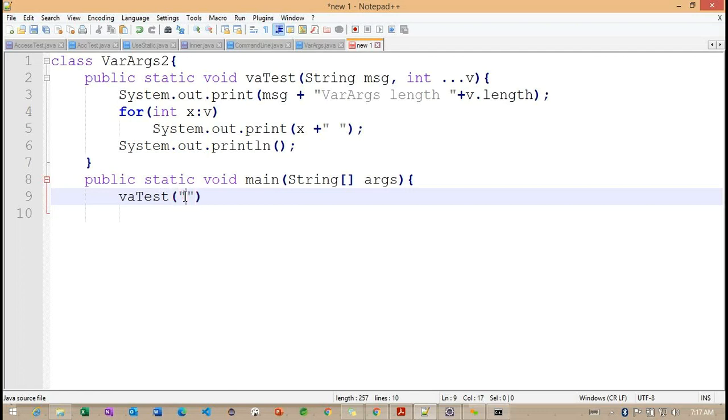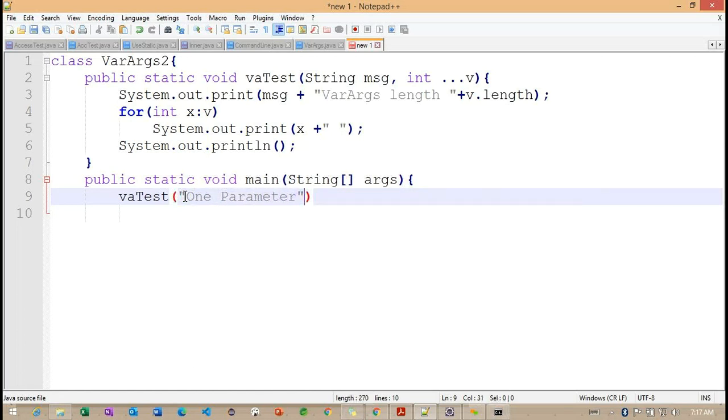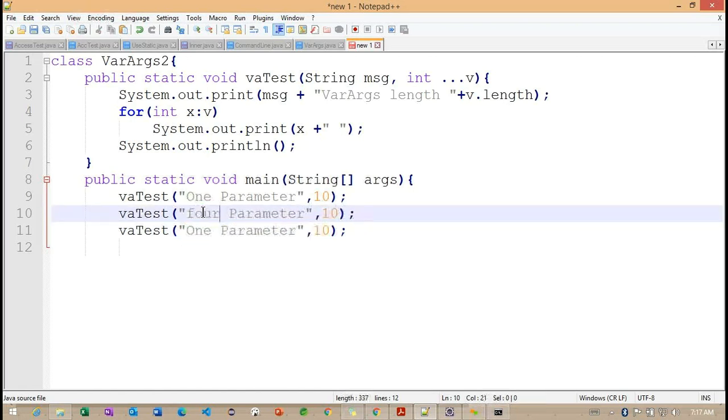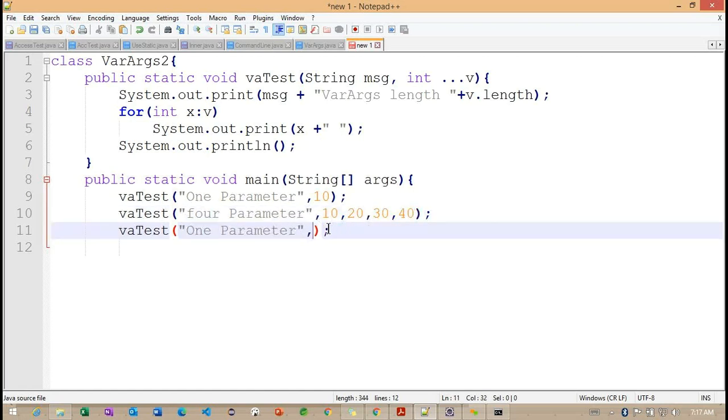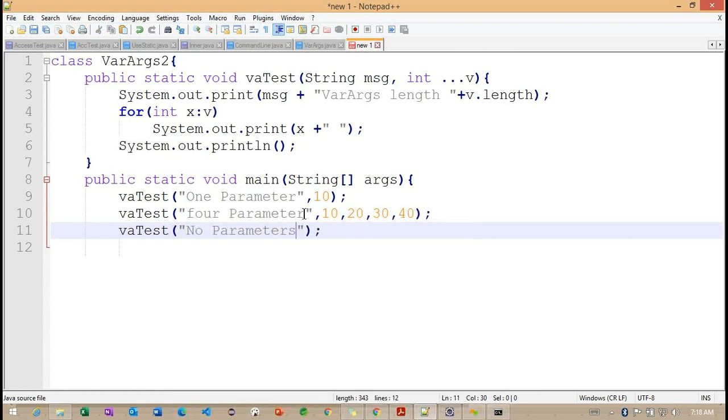I want to add the first parameter as a string parameter, and here I'm going to specify 10. And so we'll define 4. And I'm not defining anything here, so this is nothing but no parameters.